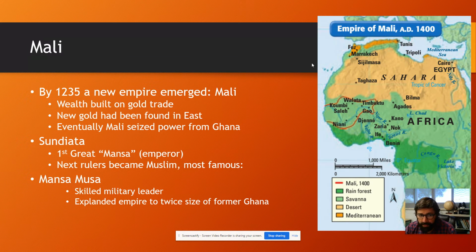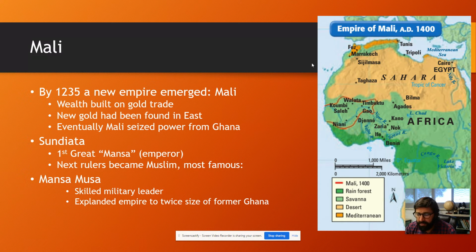The very first emperor, Sunjata, is going to take on the title Mansa. Mansa is going to be the word that the Africans use for their emperor, their Caesar. We used the word Khan last time when we were talking about the Mongols. Same thing, a Khan is an emperor, a Mansa is an emperor, and so Mansa Sunjata is our first leader in Mali, and one of the things that is going to happen after him is really this conversion to Islam,